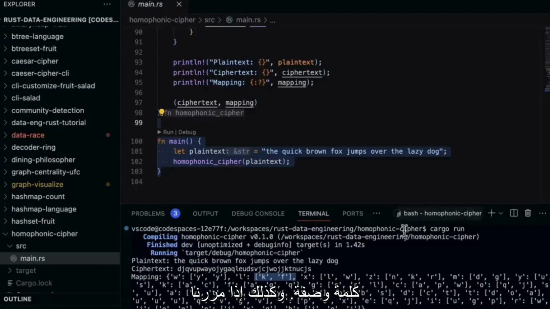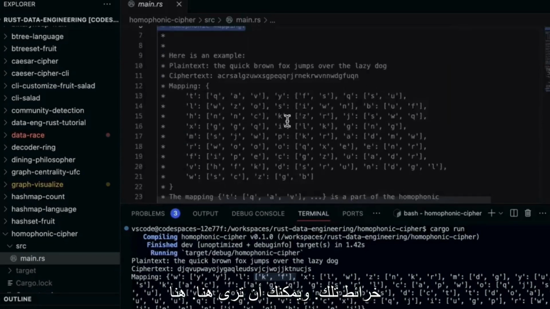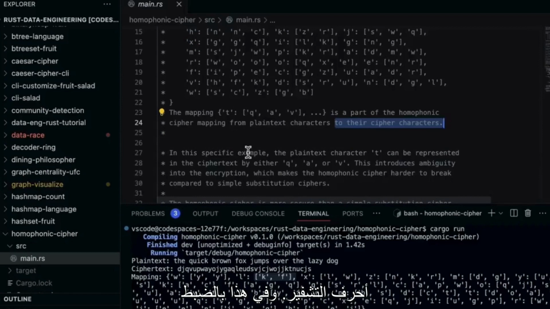Also, if we go through here and look at the documentation, we can see a little bit more information, and it generates a list of random homophones for each lowercase letter in the English alphabet and maps those. And you can see here's an example of what's happening. The mapping T is part of the homophonic cipher mapping from plaintext characters to their cipher characters. And in this exact example, the plaintext character T can be represented by either a Q, an A, or a V. So this makes it more ambiguous about what is actually happening,